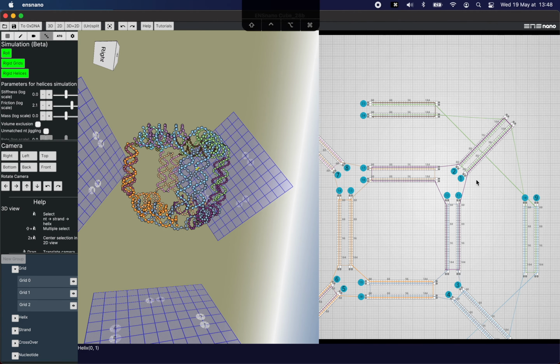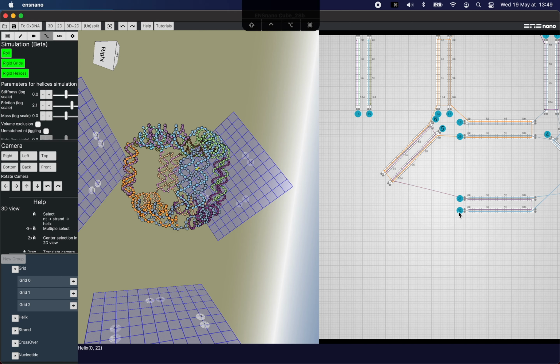So now let's continue with the others. This corner was done already, this one also. So now let's finish this. I need to connect this corner. So I need to connect this guy of the inner side to the one matching, which is an end. So I need to connect it to 5 prime. This one is a 5 prime. I need to connect it to 3 prime. Okay. So this means that these two are connected. These two are connected, and this one is connected to this one.